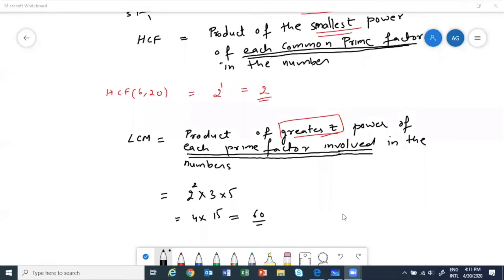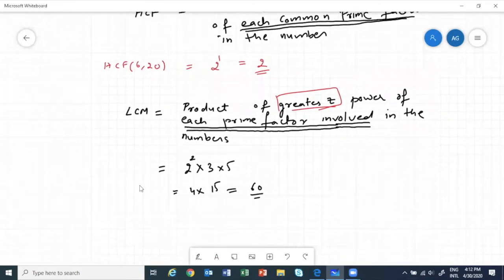Yes, I will tell you. We have to take the product. If there is more than one common factor, we will find it, and we will have to take the product of those. Okay, don't worry. I will do more questions. We are coming to another question. Students, don't get confused. We are going to do more questions.